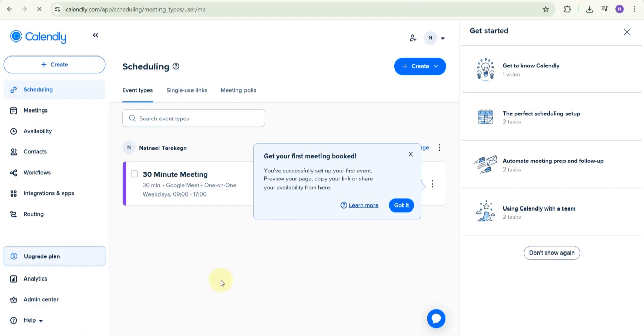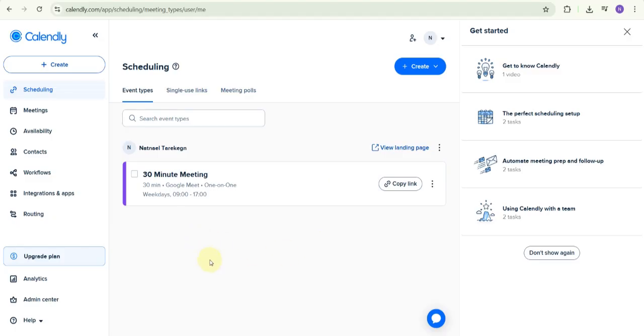If you already have a Calendly account, go ahead and enter your credentials to log in. If not, take a moment to sign up. It's quick and free. Once you're logged in, you'll find yourself on the Calendly homepage. This is your starting point for everything you can do with Calendly, from creating new event types to managing your